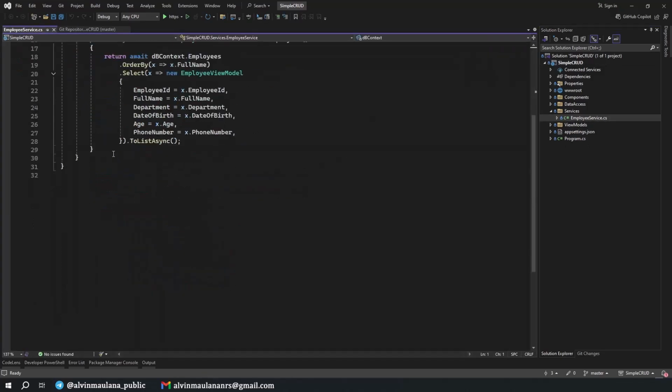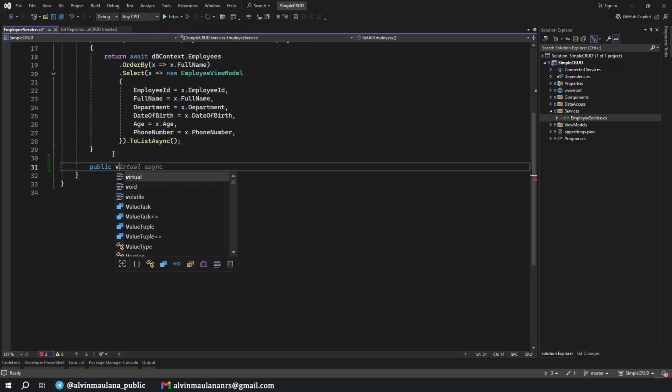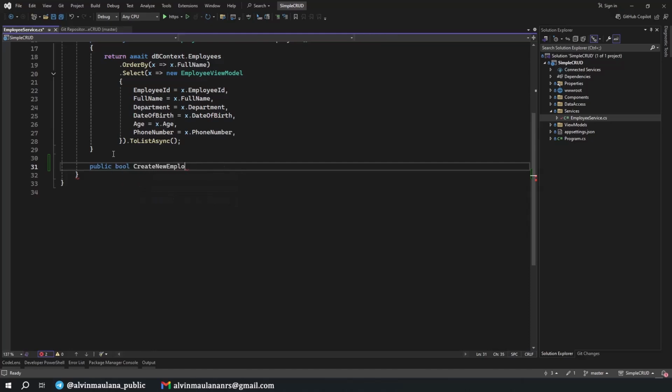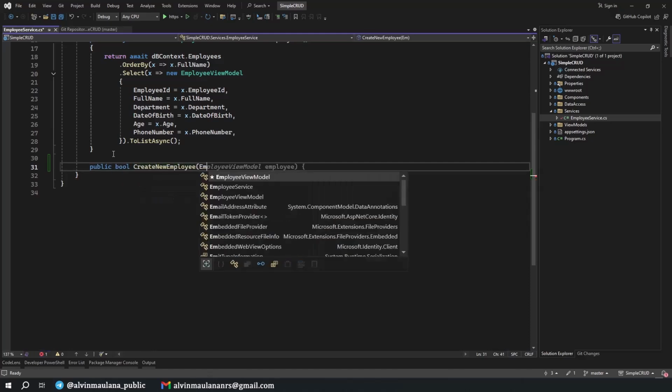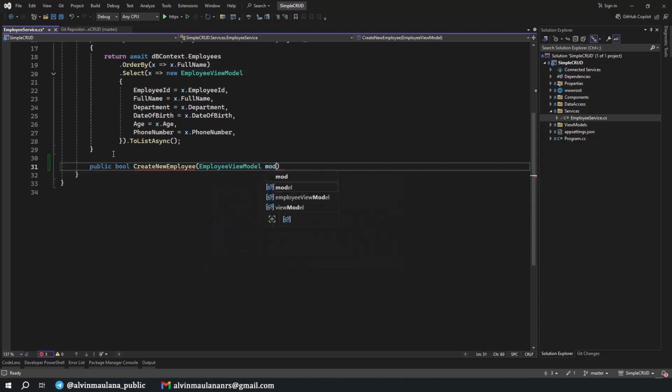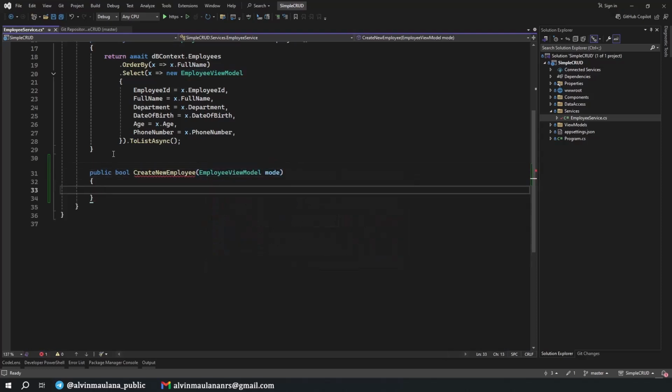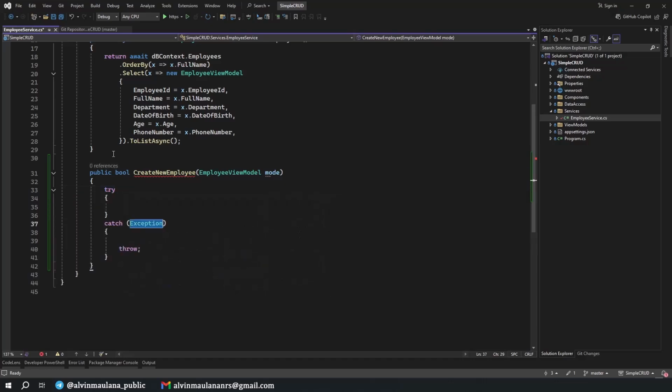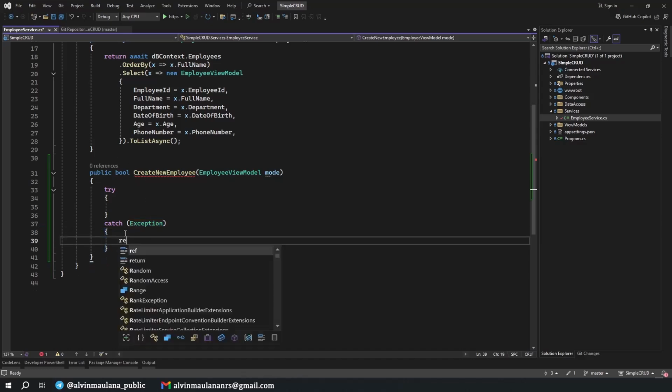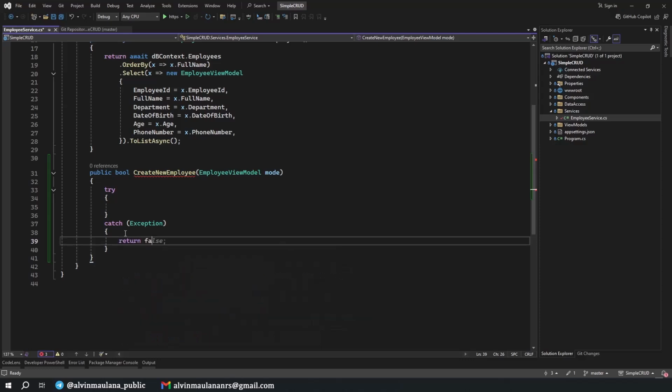In here, we are going to have another method, public, not void, maybe boolean, create new employee, view model, we name it. Let's wrap it in a try catch block. For this simple tutorial, I just return false if any issue happens.